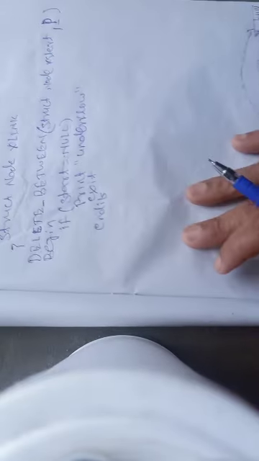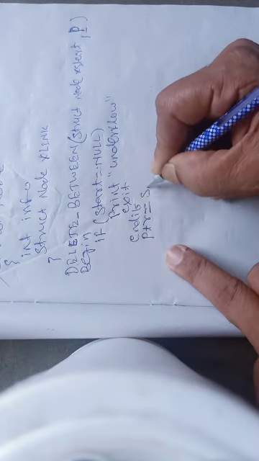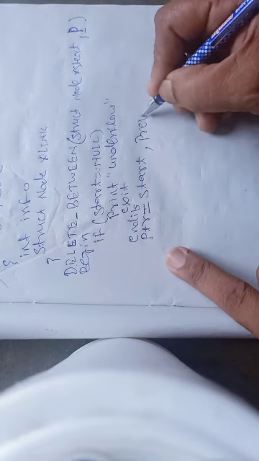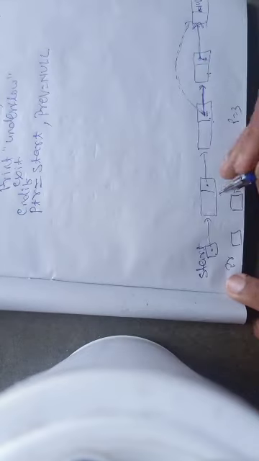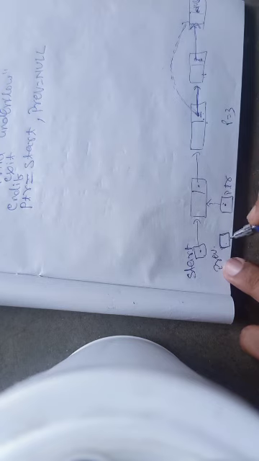This information is required, and this will be my PTR and this will be my previous. So like in the earlier case, here also I should maintain two pointer variables. I am writing here two pointer variables, PTR equal to start, and then a comma. Then you can also write previous equals to null. So two pointer variables have been set. One is PTR and the other is previous. PTR is right now pointing to this part, and previous is right now null. This is empty right now.